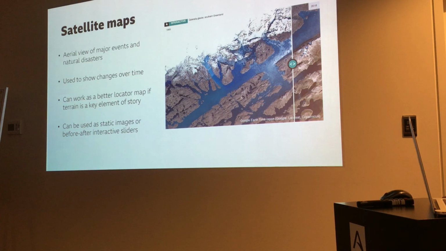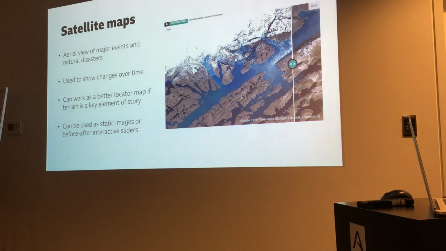I think in particular with major events and natural disasters, that lends itself much more to a satellite map than a plain locator map. We use imagery from different satellite providers, as well as Landsat and other sources, to show something that's happened on the ground and visualize that. Whoever's familiar with satellite data, what it can do, for example, like in this case here,